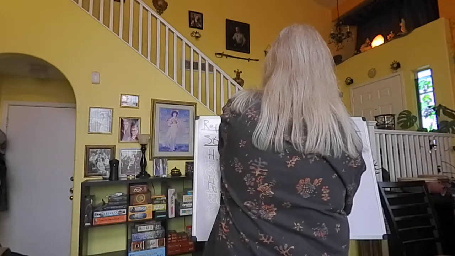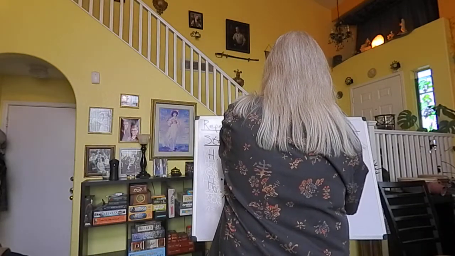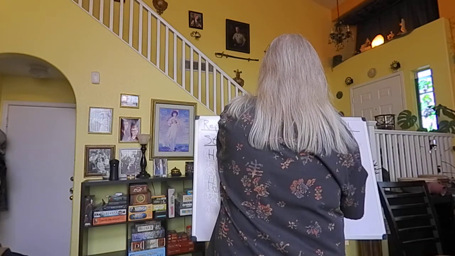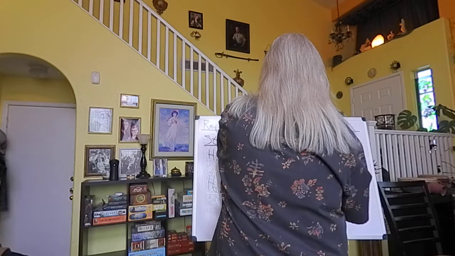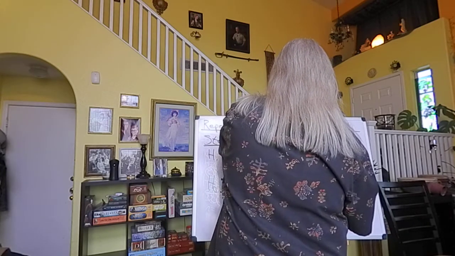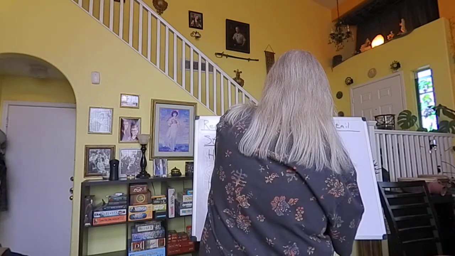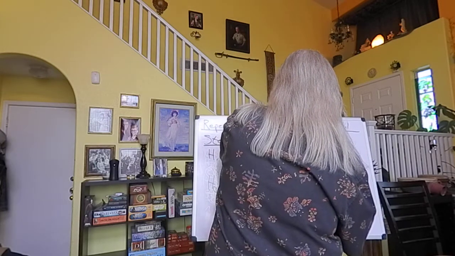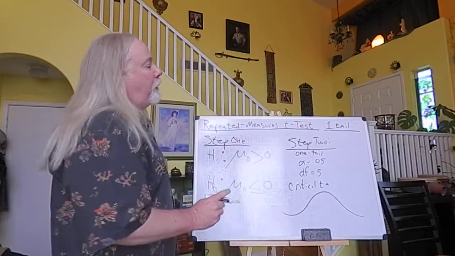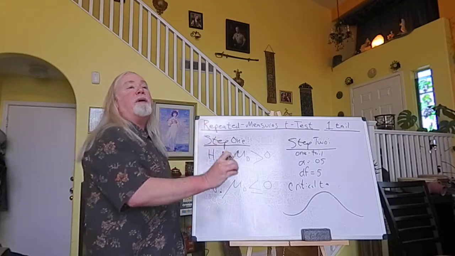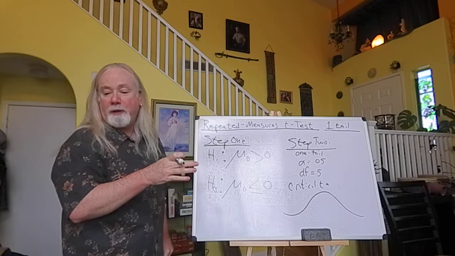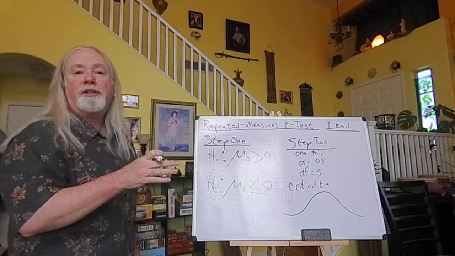In step 2, it's now a one-tailed test. The alpha level is still 0.05. Our degrees of freedom is still 5. But because it's one-tailed, we've got to look it up. So again, make sure you're using the top header for one tail over to 0.05, down to 5 degrees of freedom. And now you should find that the critical t should be